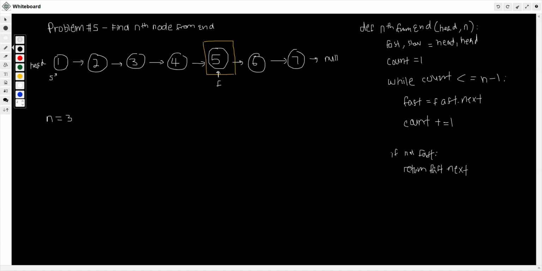And then the last thing is we have to do a while loop and go, okay, while fast.next is true, so while there is a fast.next, we just gotta move each pointer forward by 1. So slow.next, which means that